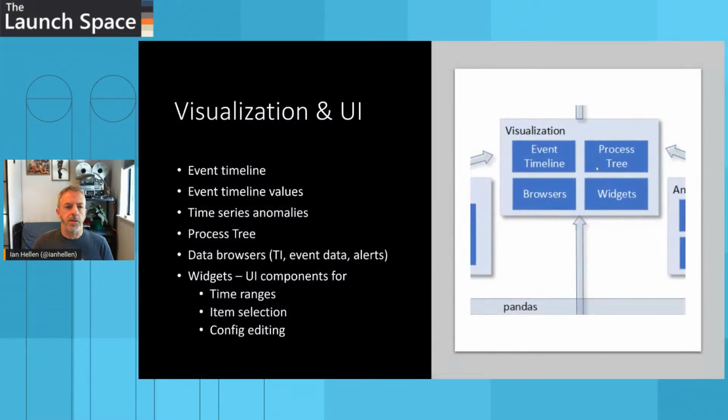The final part is visualization. So this is kind of key, like event timeline, and we'll see a lot of these. So event timeline, time series anomalies, visualizations, process tree, kind of things that make it easier for the analyst to understand the data they're looking at, and a whole bunch of little widgets, which is just like helper things for time ranges, browsers, things like